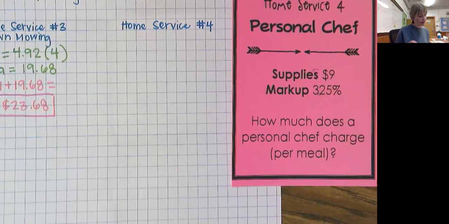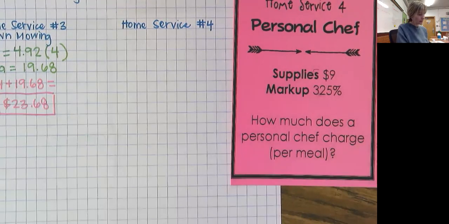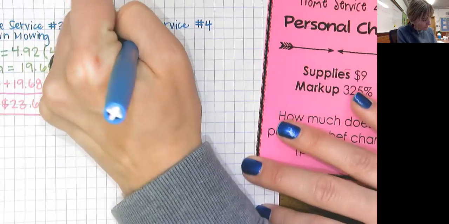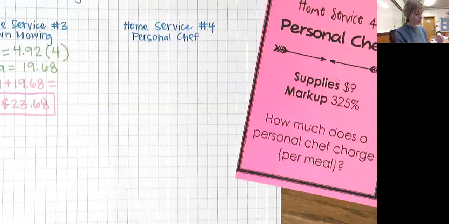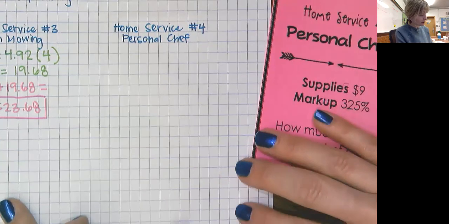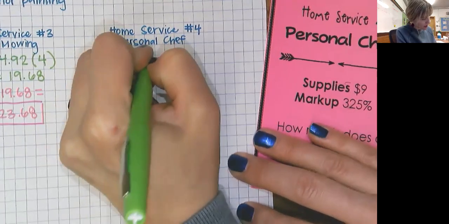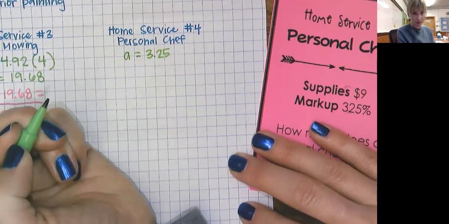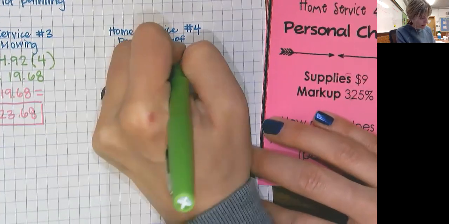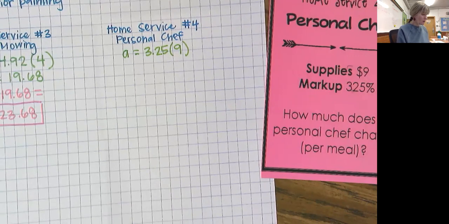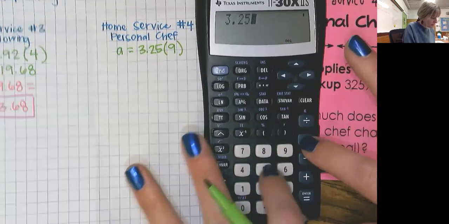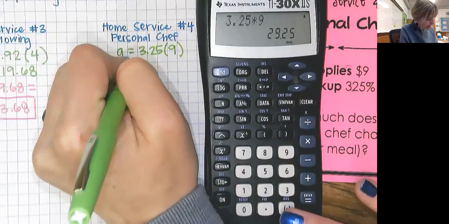Okay, again, this one is telling me the original, the cost for me, and it's telling me the percent. So this one's going to look like this one did. Let's write this down. Home service number 4 was personal chef. Okay, I am looking for A. I know the markup, 325% is 3.25. This is for one meal. So my original, if I did it myself, would be $9. So now I go 3.25 times 9, which means A is